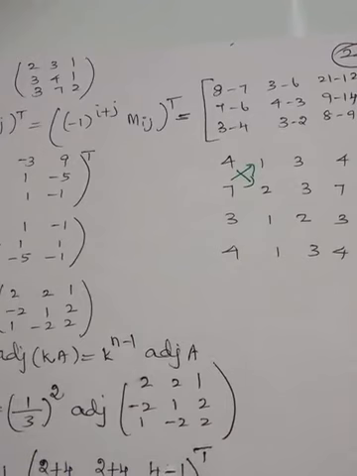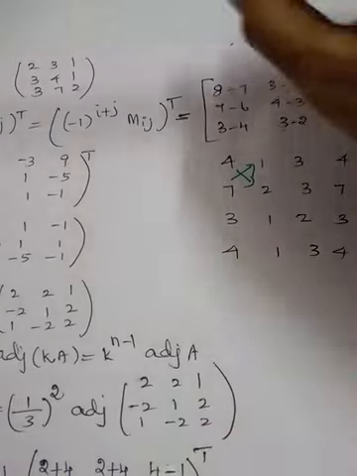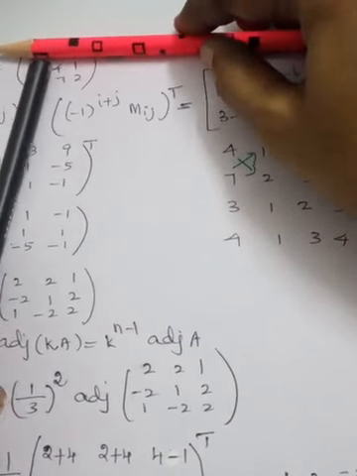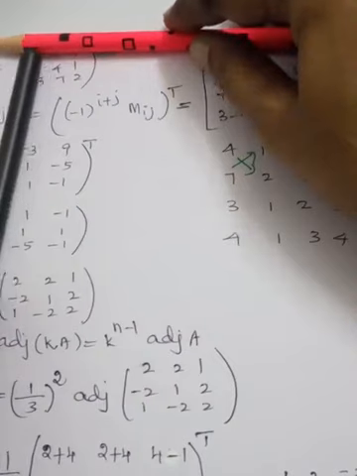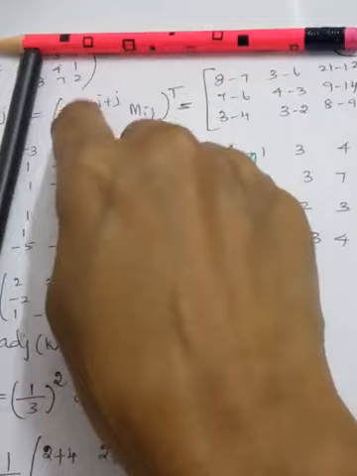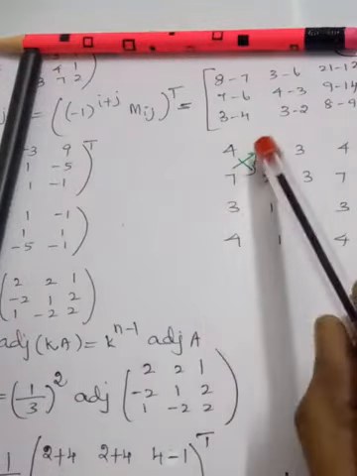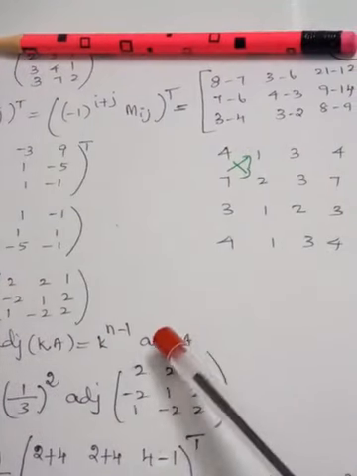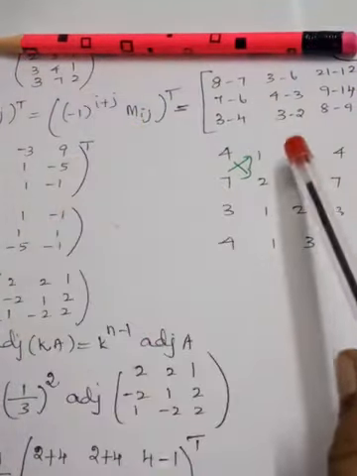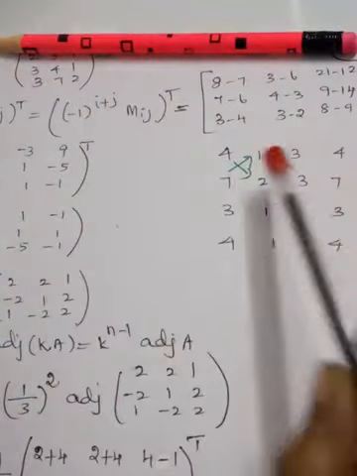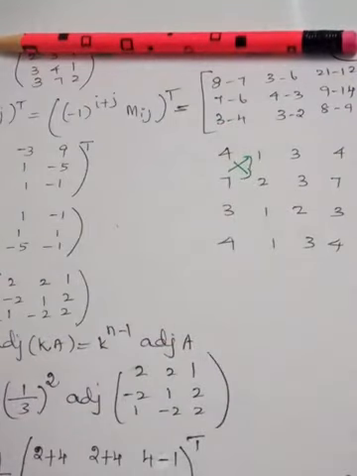The rough work: first you have to delete the corresponding, that is the first row and first column. Delete first row and first column elements. So you are getting only 2 columns, 4 7 and 1 2. Am I right? So here you write 4 7 1 2. Then you take 3 3, that is the third column. Again you take the next column, that is 4 7. So starting is 4 7, ending is also 4 7.